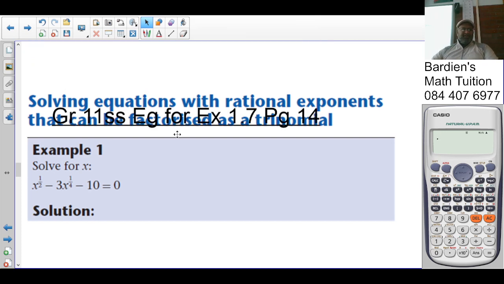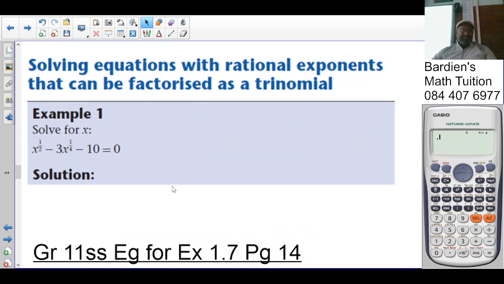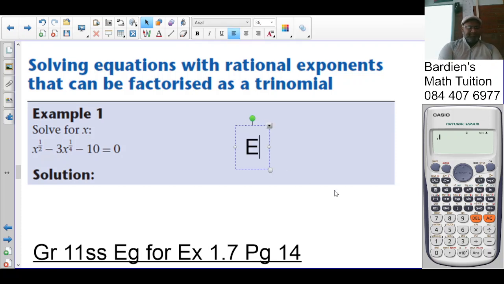Alright, so the heading for today is solving equations with irrational exponents that can be factorized as a trinomial. Alright, so that's your heading for today. This is example 1. It's on page